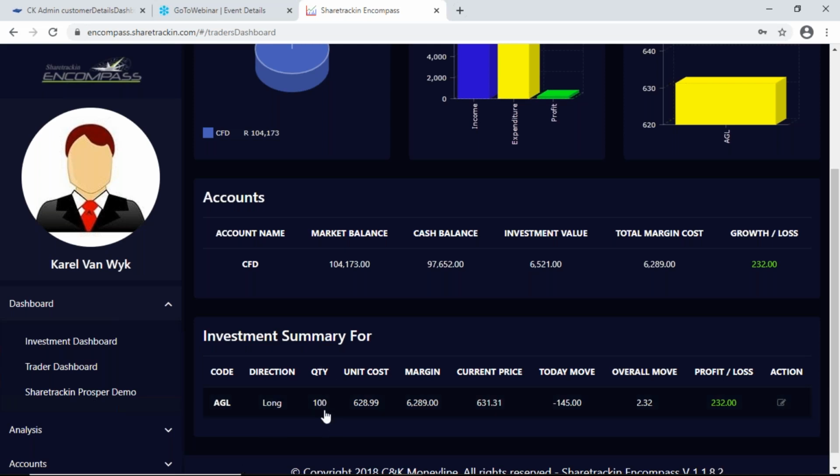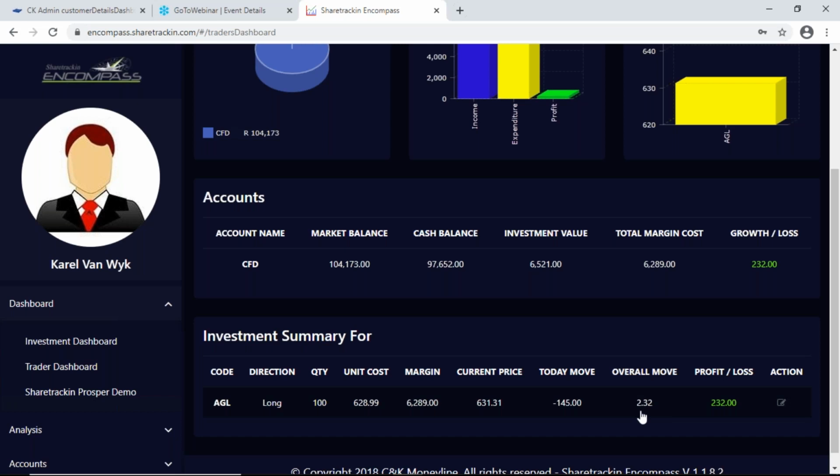I invested in 100 shares. One share cost me 628 Rand and 99 cents. My margin at that time was 6,298 Rand. So that was what I invested in. And the current price is what it's currently worth. Today's movement, also in cents. Overall move,